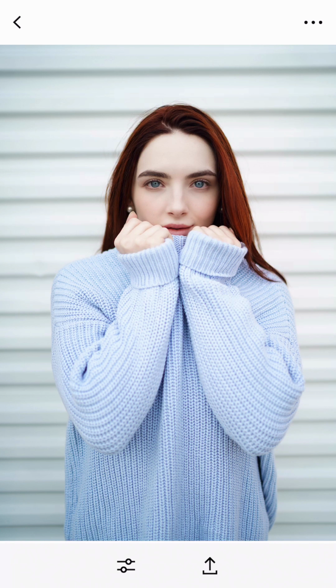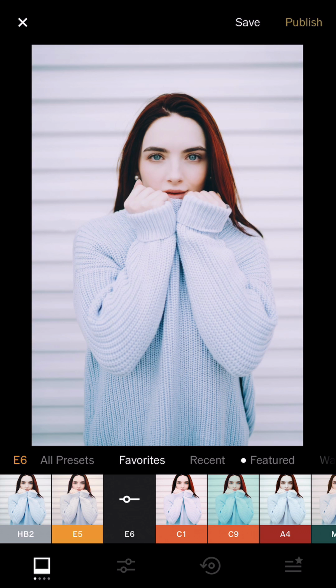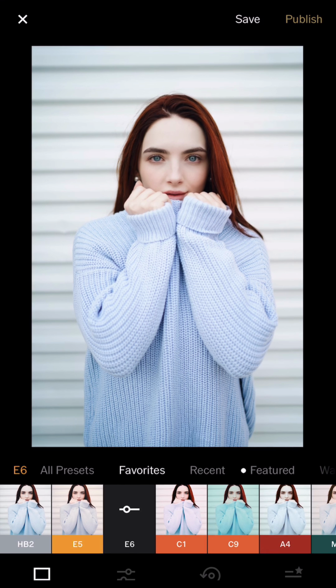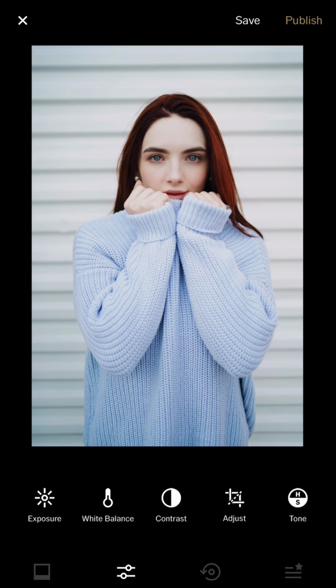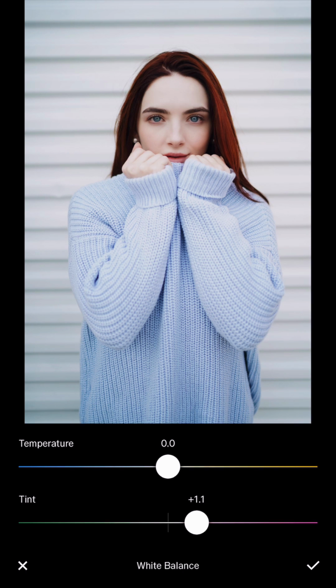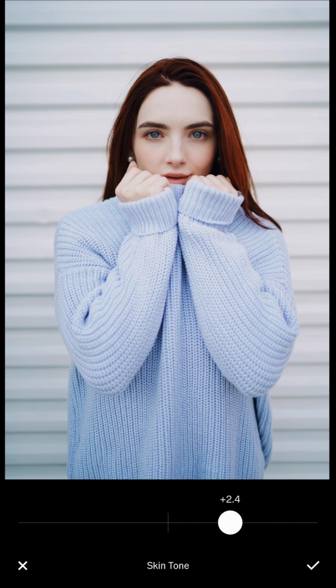Okay, so the next one, this one is more minimal in the background, and I will use the E6 for this one. It's too green for me. 1.9 on the scale. I'm gonna use more contrast, make the eye stand out more. You can see it's still a little bit too bright for me, and still has some green tint in here, so I'm just gonna adjust the tint a little bit. And there's a skin tone you can adjust from here also, so the right hand side is too green and then the left hand side is too red, so I can just reduce a little bit toward this side of the scale